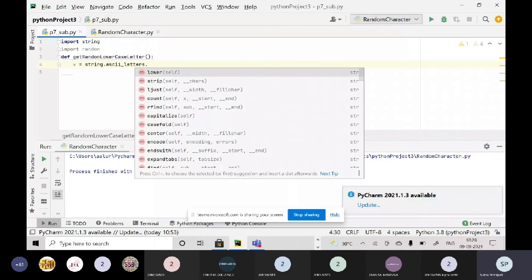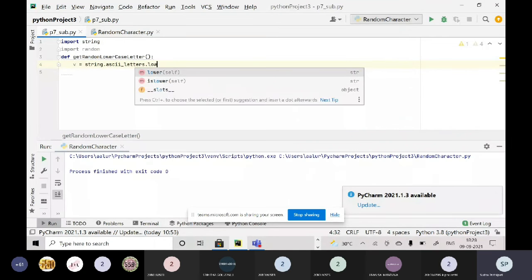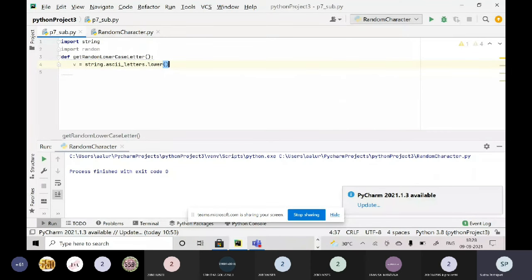Then I just want the lowercase letters, so I'm using the method called lower here, and after that I am creating a list called chars. This chars is an empty list, and inside it we need to put all the randomly generated letters from v.